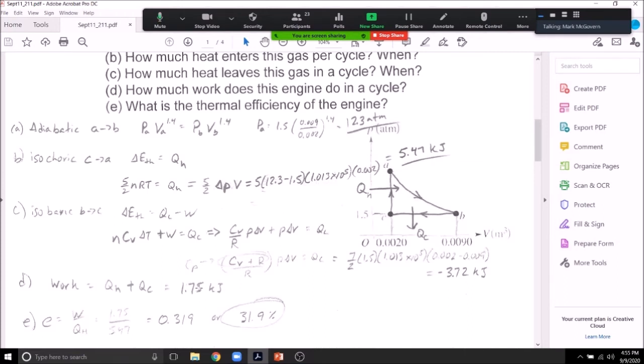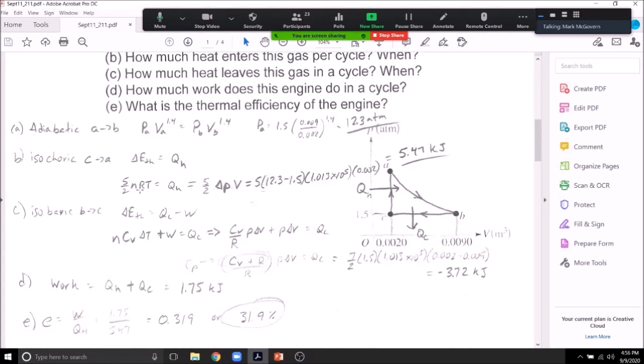We don't have information about temperature, but guess what? I can apply my ideal gas law at any location here and get my temperatures. That's an option. That was something I could have done here, by the way. You notice that in a lot of these situations, I said, oh, we got nRT, let's just make that PV, right? I mean, I didn't have to do that. I could have solved for temperature in all these different situations. It would have been a little bit more of a nightmare, honestly. That's why I didn't do it. It would be a lot more steps, but fantastic problem.